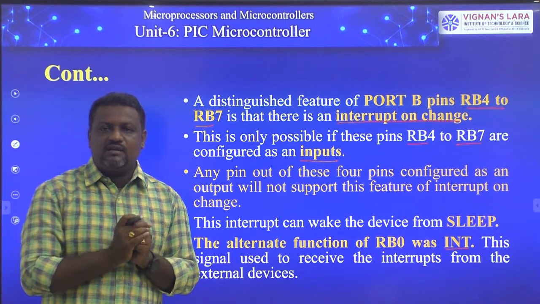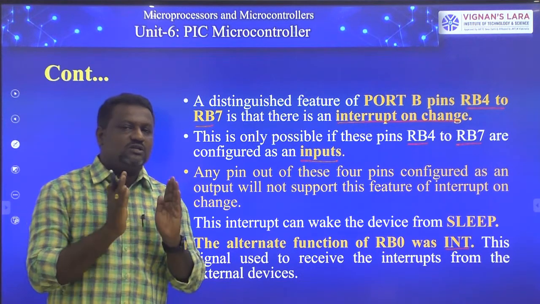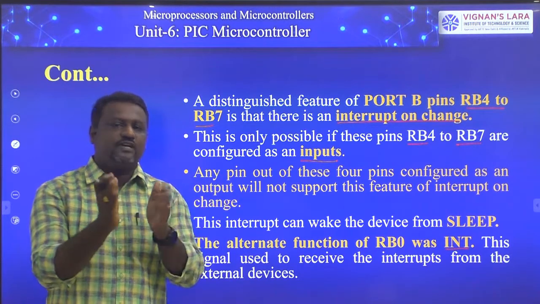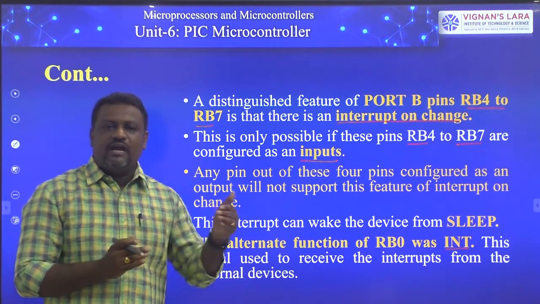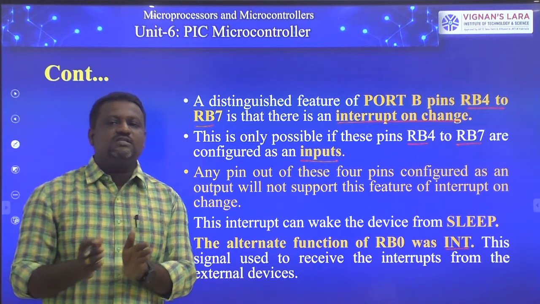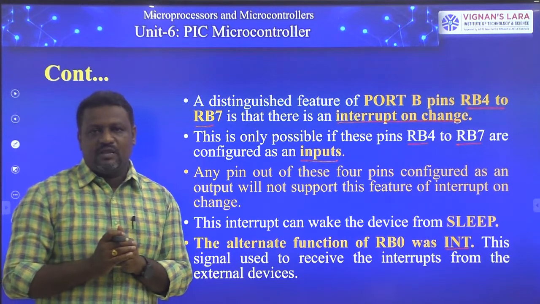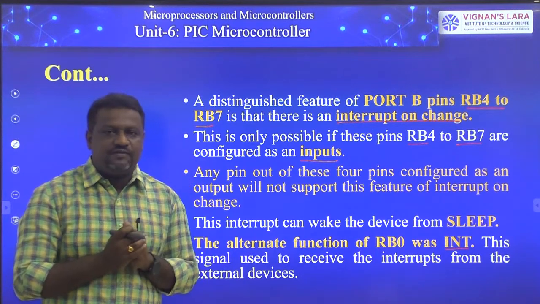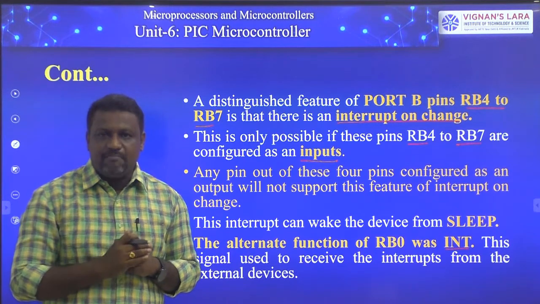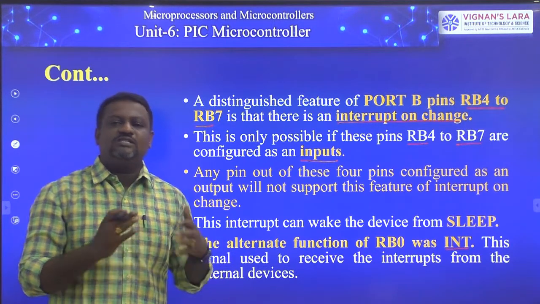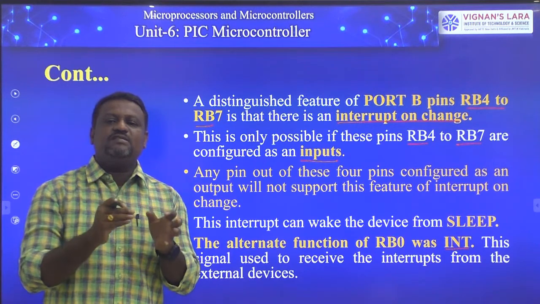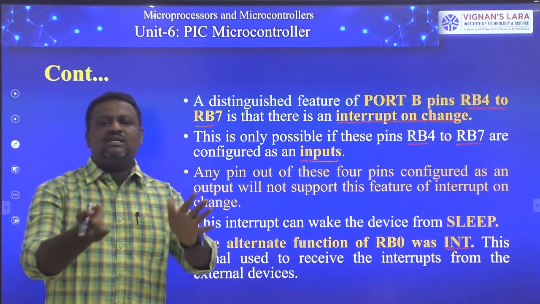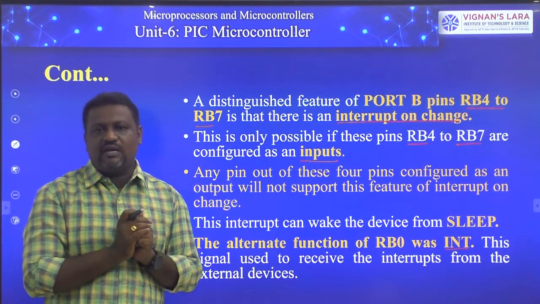Once again I recollect, the total IO pins present in both the controllers are 13. These 13 pins are organized into two ports. Port A consists of 5 pins, RA0 to RA4, and port B consists of 8 signals, that is RB0 to RB7. If you go for PIC 16C61, only RA4 has an alternate function, that is T0CKI. That means whenever T0 acts as a counter, with the help of T0CKI it receives the clock signals from the external world. There are no alternate functions for RA0 to RA3.